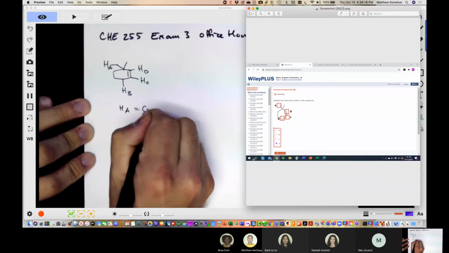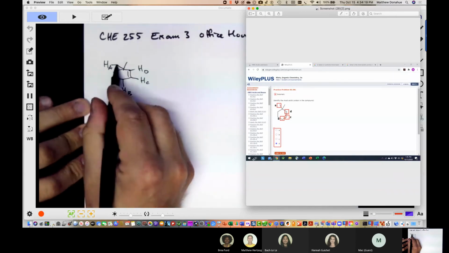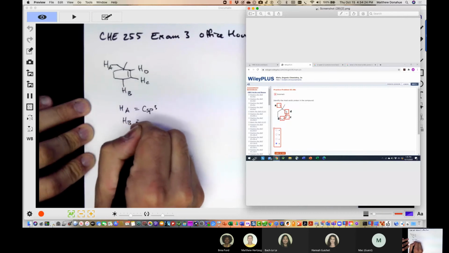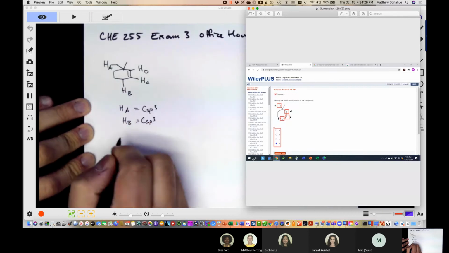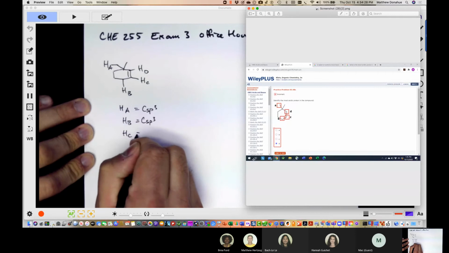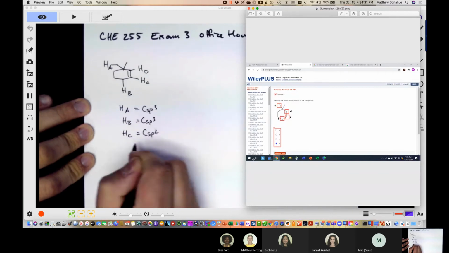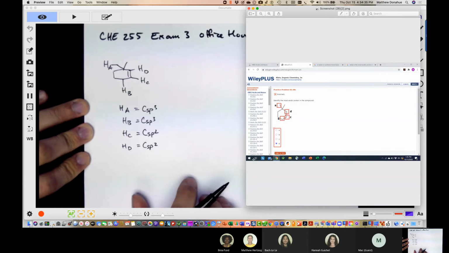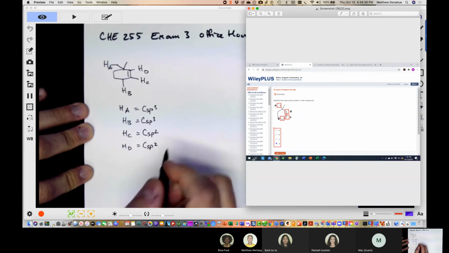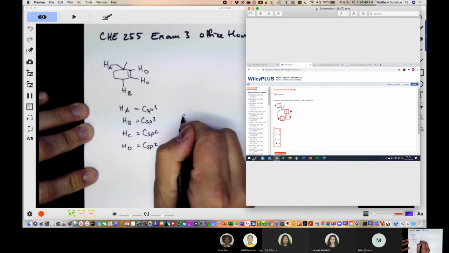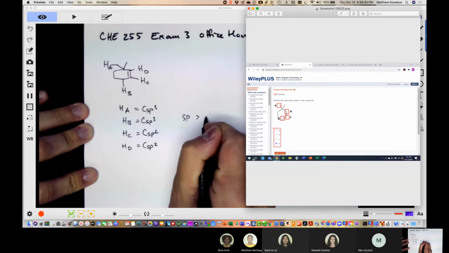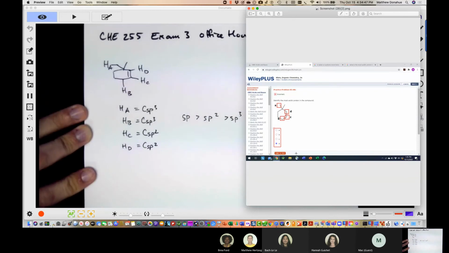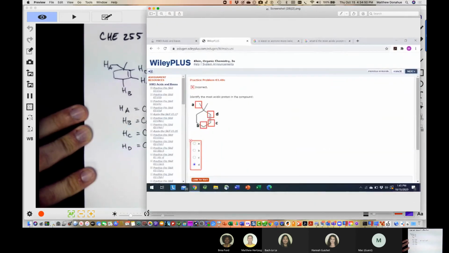So this is Csp3, that's that hybridization of carbon. HB is equal to Csp3, HC, Csp2, HD equals Csp2. So the trend that you learned was sp is greater than sp2 is greater than sp3. So if you look at the response here,